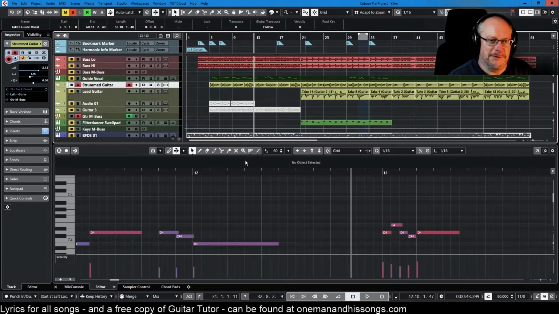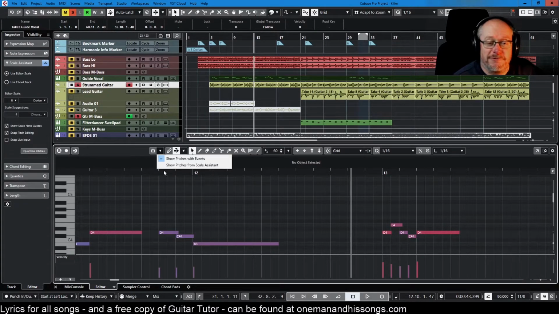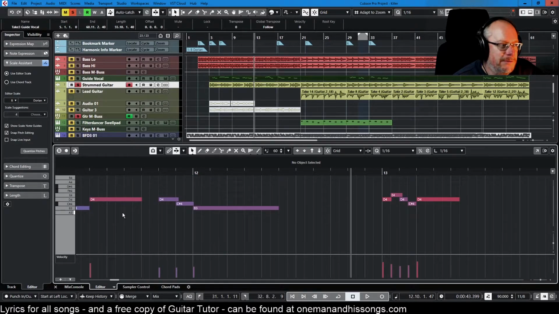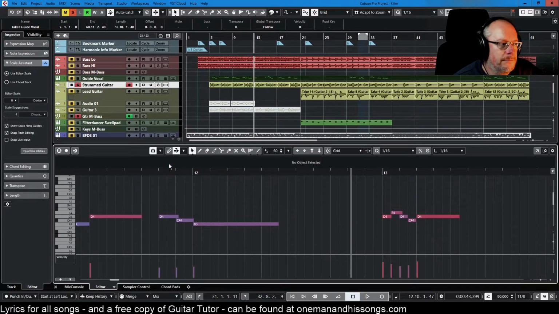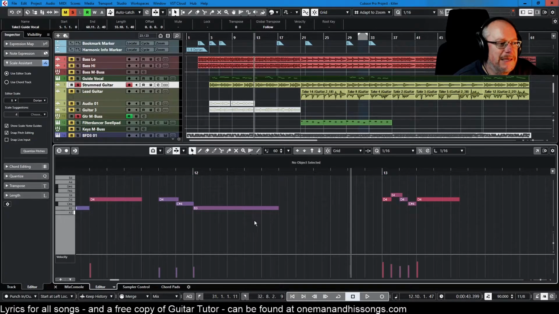That sounds good. The one other feature that I've come across, I'm not sure whether or not I'll even use yet, but it's there, is that you can basically make the piano roll only show you the notes that are actually in your key. Show pictures with events is kind of less useful because it means you can't move things up and down. But if you've already decided on what you want your line to be and you're not going to be transposing stuff, I can see it being